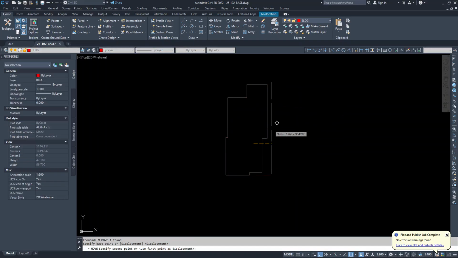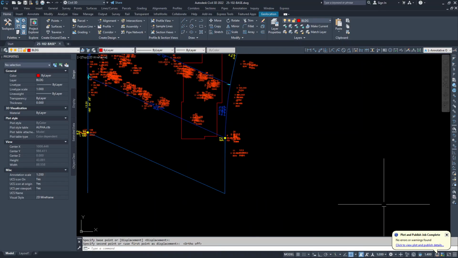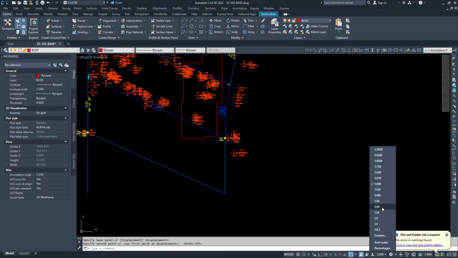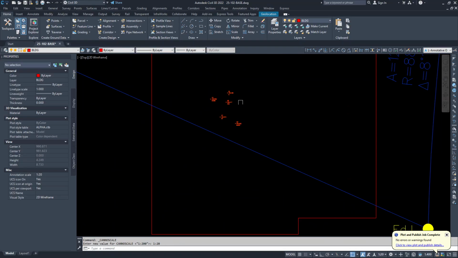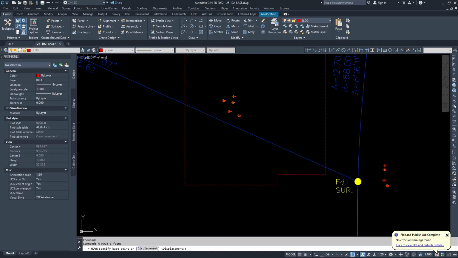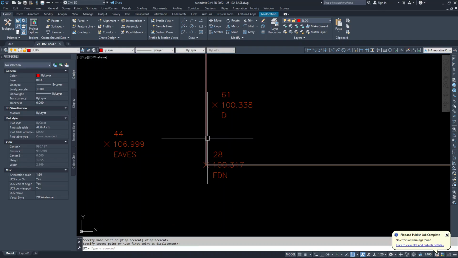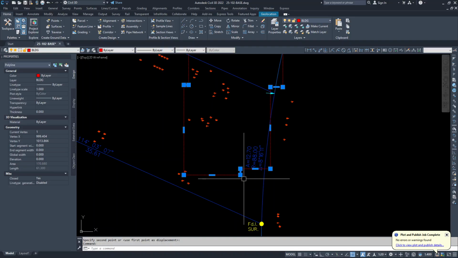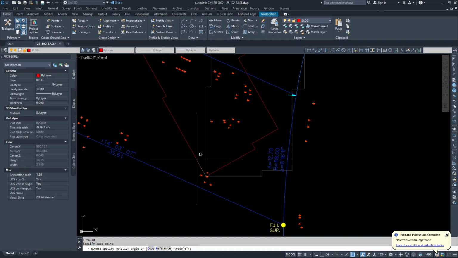Now we want to move it to the survey points. Turn off my ortho. Okay, I'm going to make my points a little bit smaller by changing the scale of the drawing. So I have a foundation shot here. I'm always looking for foundation because the outline that we have drawn is actually the foundation outline. Okay, so I put it there and then I'm going to rotate this building